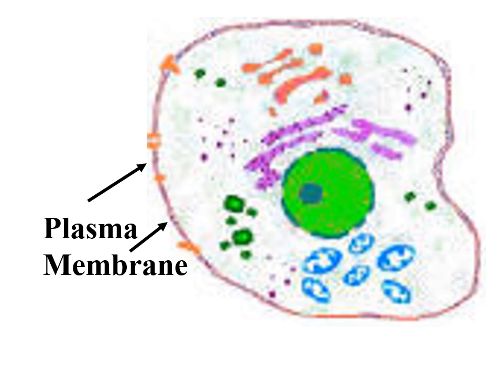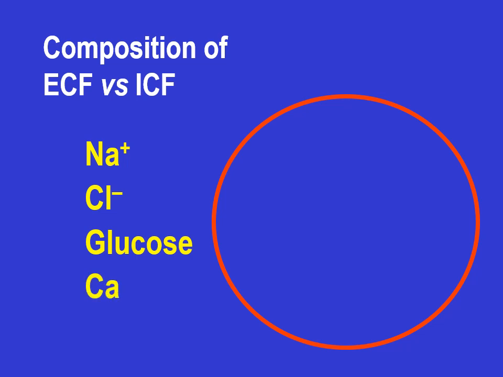One of the critical functions of the plasma membrane is to regulate what enters and leaves the cells. If the plasma membrane ruptures and the extracellular and intracellular fluids freely mix, the cell will die. The plasma membrane maintains a difference in composition between the extracellular and intracellular fluids. This difference in composition is essential for cell survival. Let's compare the composition of these two fluid compartments.